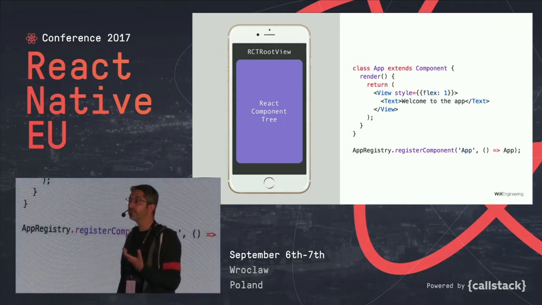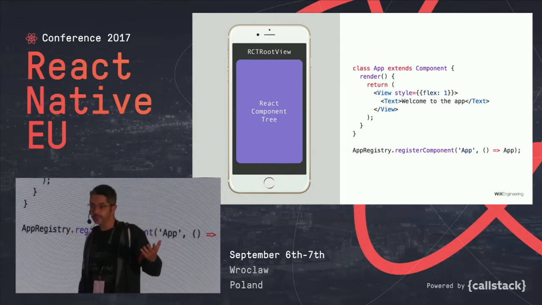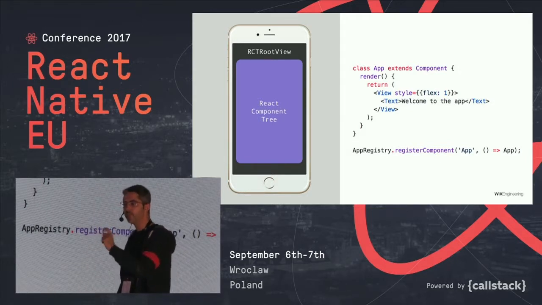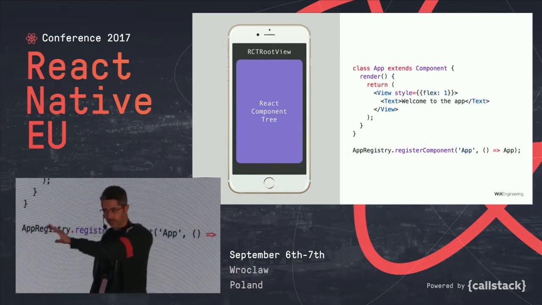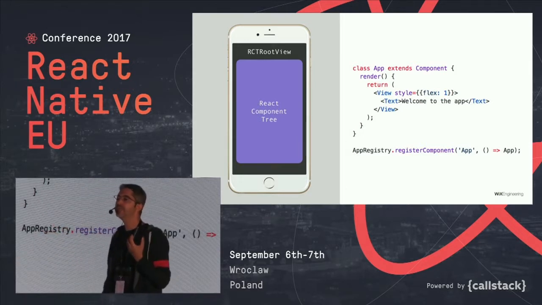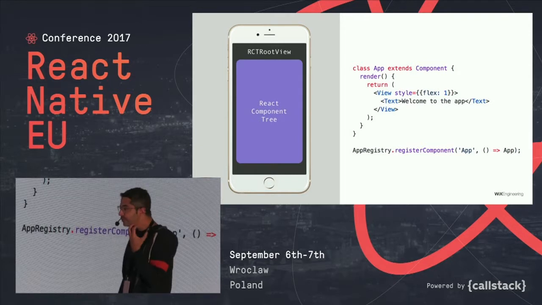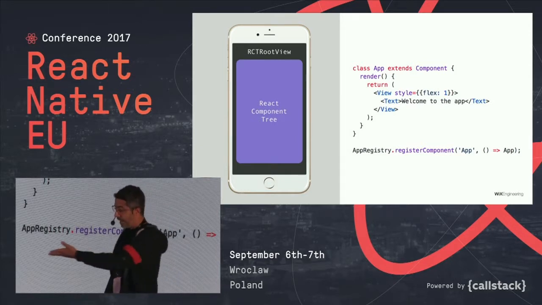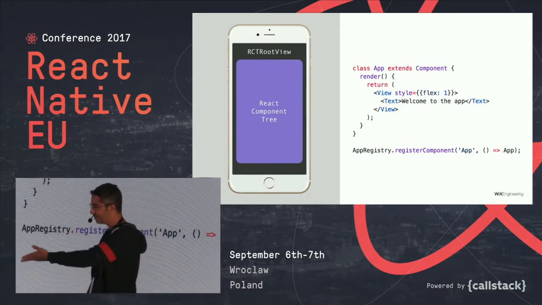It covers the whole screen. But if you were writing a brownfield app, and it was already native, and you wanted to add a React Native part somewhere, then you would use this view. And from that point on, inside, there would be a React hierarchy. So RCT root view is where it all starts. And let's say I have my app, and all of you have written this code. If you wrote a React Native app, you would have a React component.